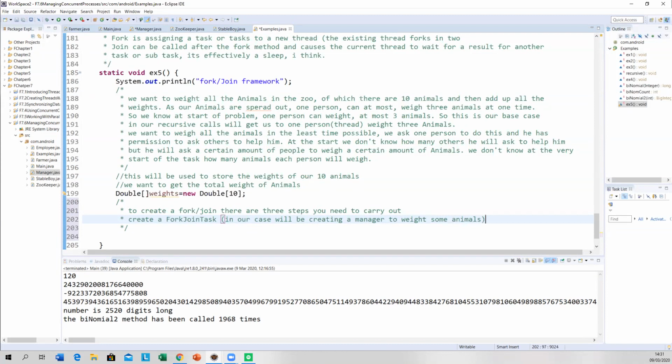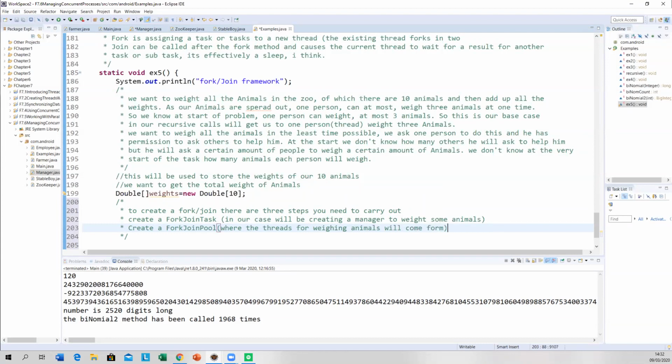Second, create a fork join pool. It's a shared pool where the threads for weighing animals come from.